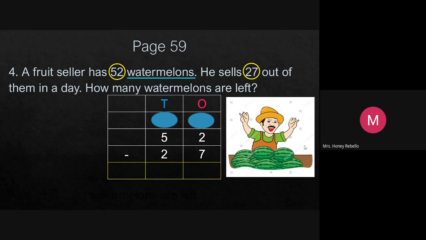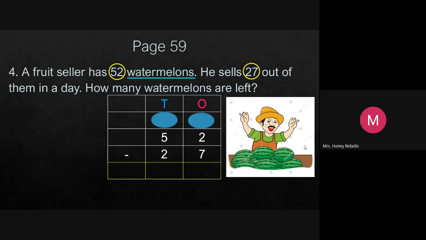Now listen, can you take 7 from 2? Please answer fast. When I don't see your face, don't look at anybody, you just look at me. Can you take 7 from 2? No, you cannot take 7 from 2, because 7 is bigger than 2. Children, you have to learn by now. Many sums we have done. 7 is bigger than 2, you cannot take 7 from 2.